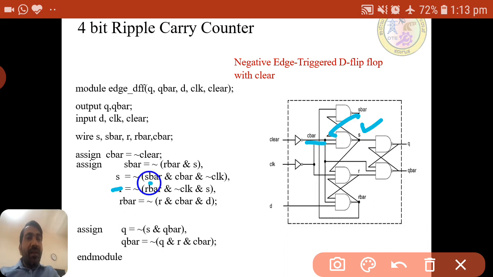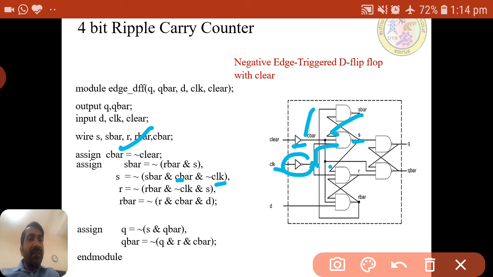So one is not of clock, we are giving the NOT here, not of clock, and C bar is already declared here, that is C bar we have seen here, and S bar is here. All together, as it is a NAND gate, all are ANDed and outside is the NOT gate.